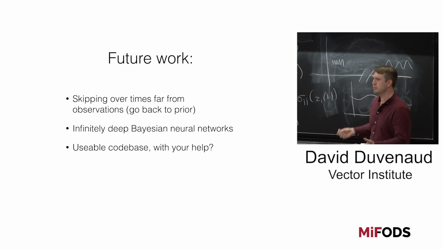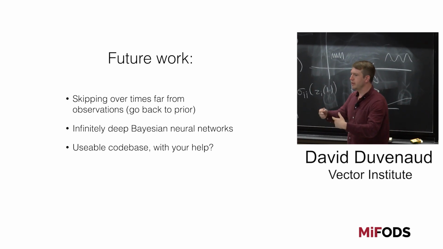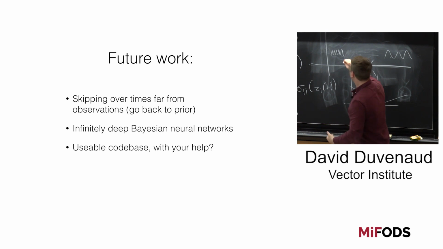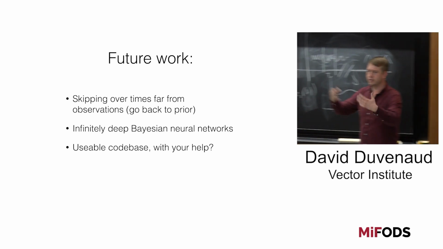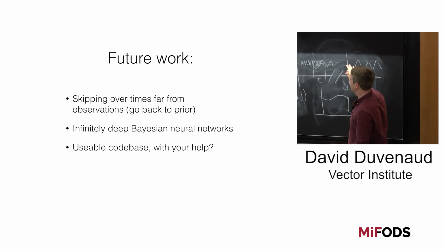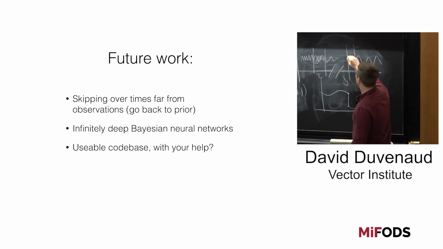However, in an SDE model, if I set things up so that my approximate posterior mixes back to the prior away from the data, then I can say there's some mixing time tau, and I don't know exactly what happens here, but within 10 seconds I'm back to the prior on heartbeats. So I know that the KL divergence between my prior and posterior will be 0. So I can just skip this whole month and then fade in right before you asked me. And I can give you a coherent posterior over heartbeats a month from now without ever having to do all this inference in between.